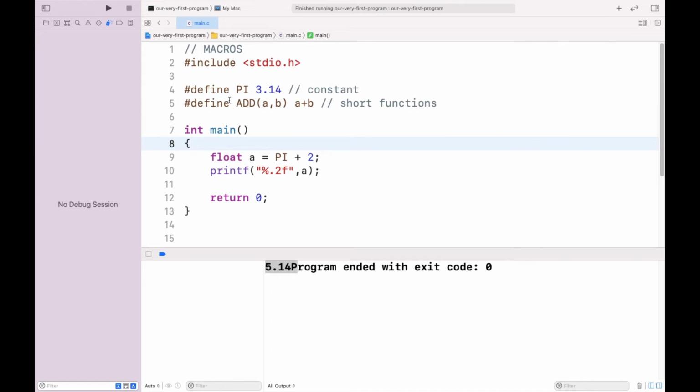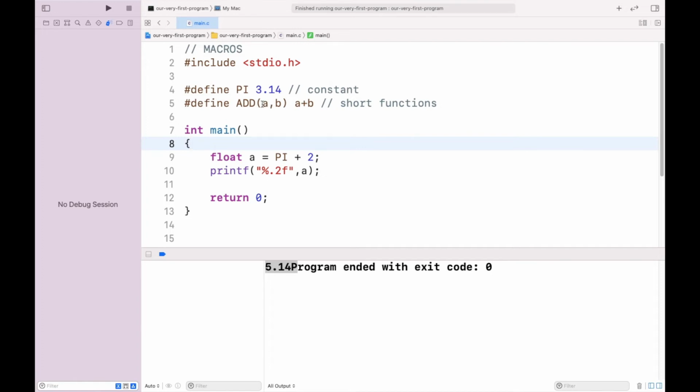Now we need to work on these short functions. These hash defined macros are not the same as functions. In the case of a function, the flow of control jumps to the particular function whenever that function is called. You can see that while defining the macro ADD, there is a difference in the syntax also.